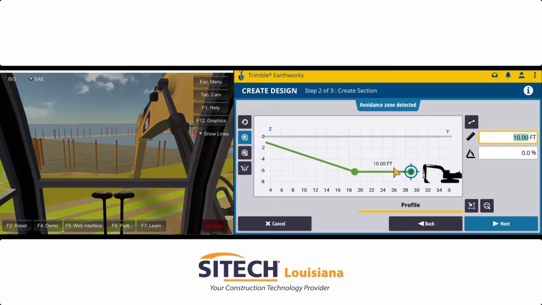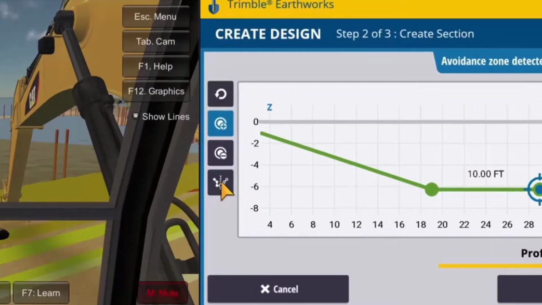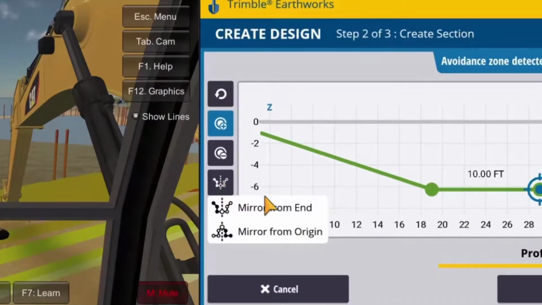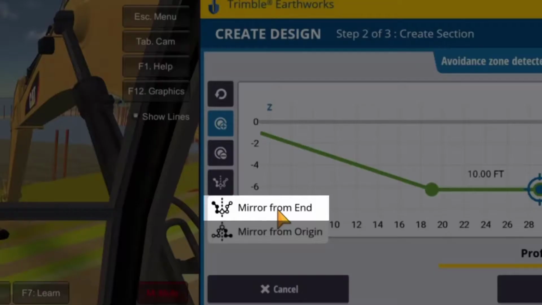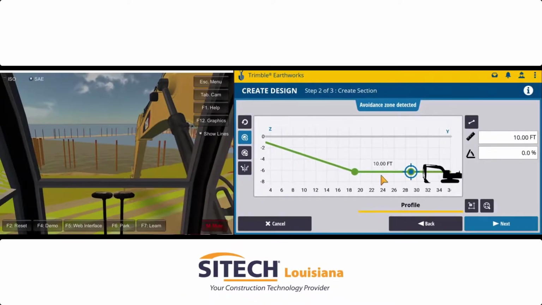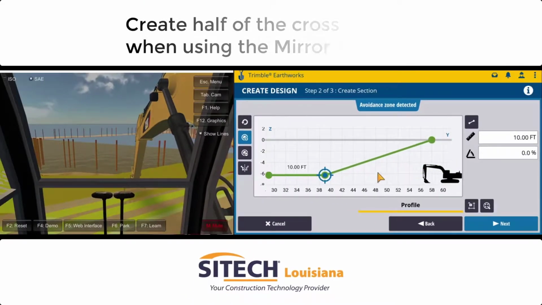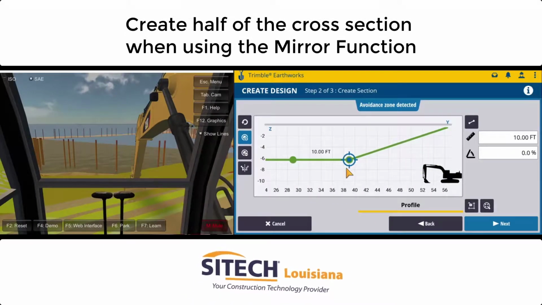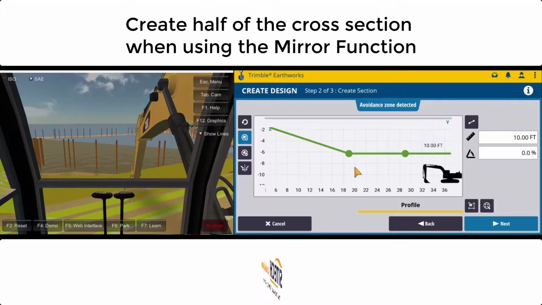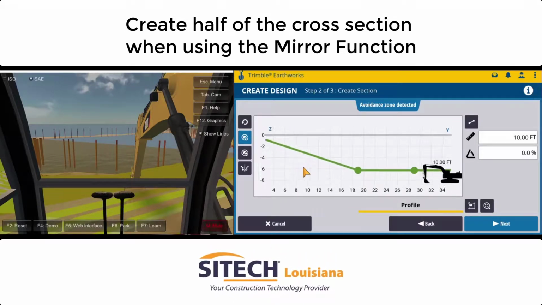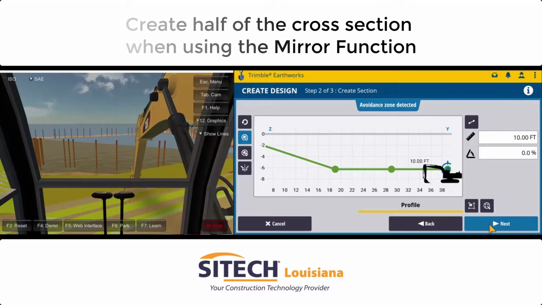Now, rather than drawing the other side, we want to mirror. We're going to click this icon here and touch mirror from end, and it puts the identical slopes, widths, everything on the other side. Next,